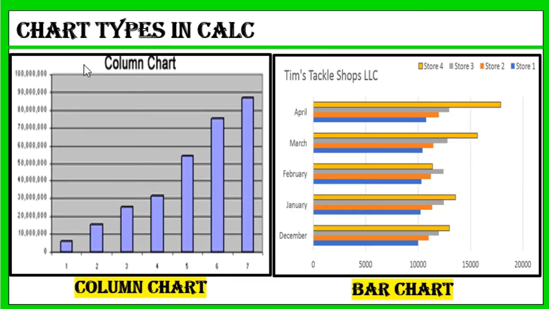Now let us see about column chart and bar chart. What is the use of column chart, children? In order to display the values over different categories in vertical bars or columns, you can select the column chart. It shows the variation in value over time. And what is the use of bar chart? Bar chart is also similar to column chart. Column chart uses vertical bars to display the values, whereas bar chart uses horizontal bars to display the values. Like the column chart, bar chart shows the variation in value over time.